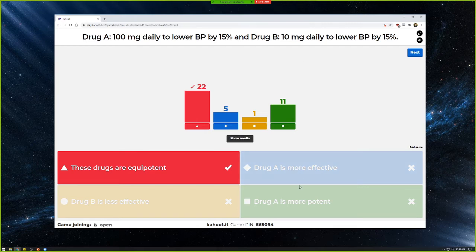I certainly could not say that A is more potent because if you look at it, it takes 100 milligrams to get that effect versus B only to give 10 milligrams. Okay, so if anything, you could definitely say B is more potent to get that effect, but I couldn't say which one is ultimately more or less effective. Okay, but this would be an equipotent dosage, and this is good to know too, because like I mentioned with,